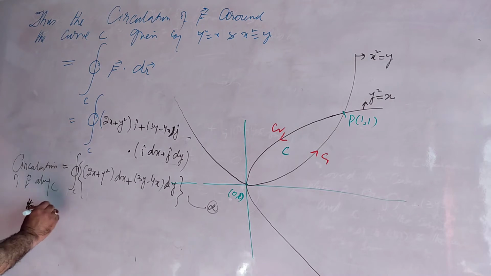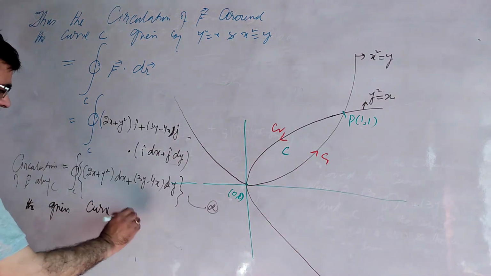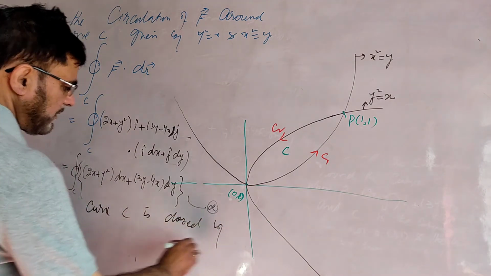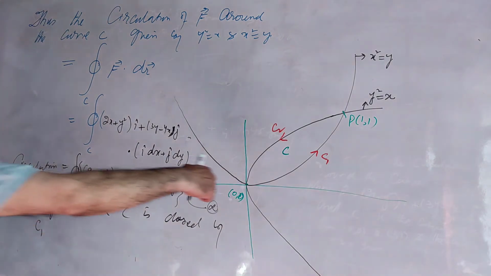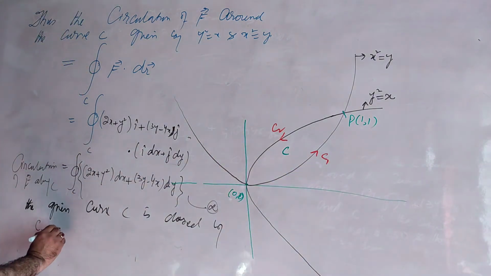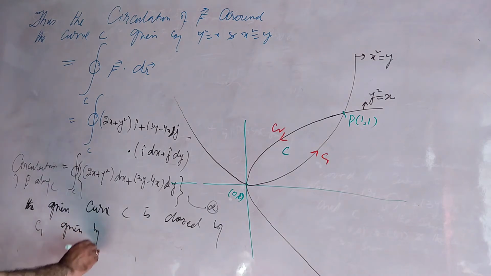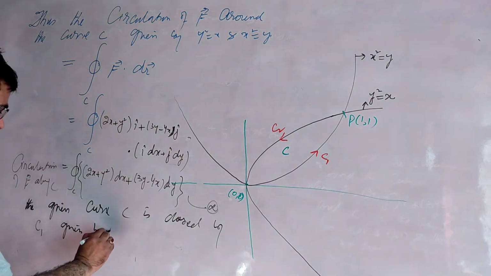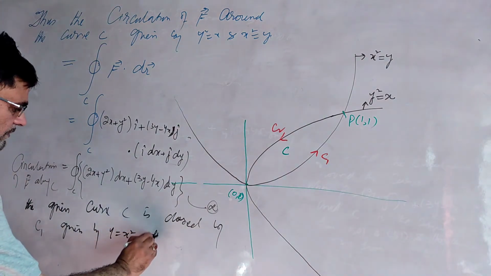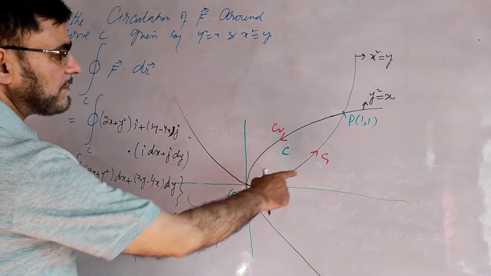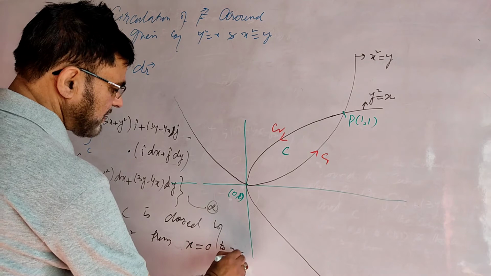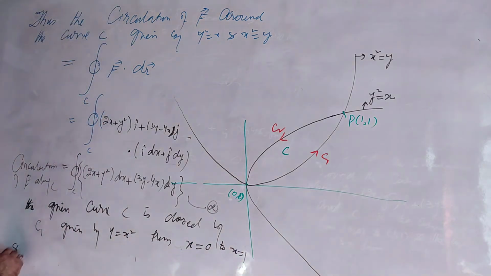the given curve C is closed by C1. It is closed by C1 given by what? This C1 is given by y is equal to x square from, if you use x here, from x equals 0 to x equals 1, and